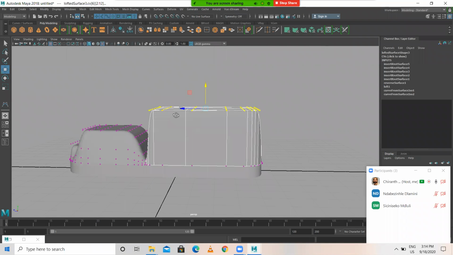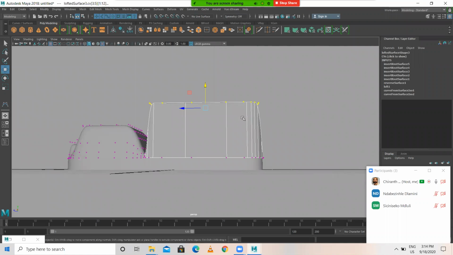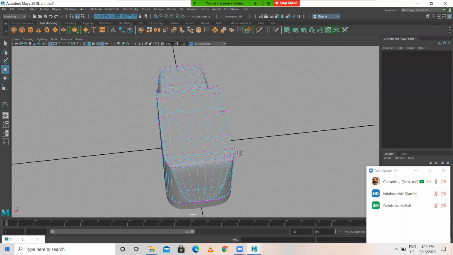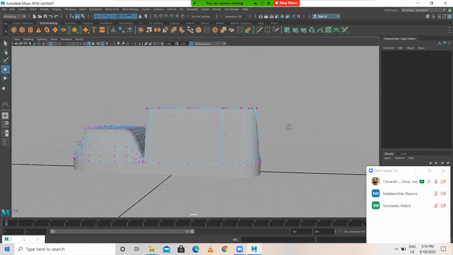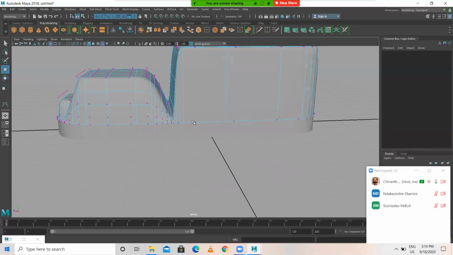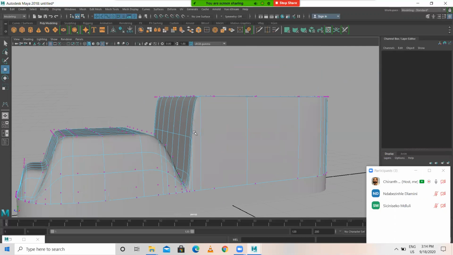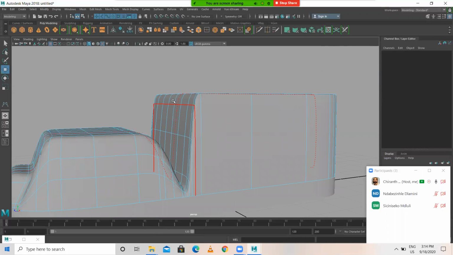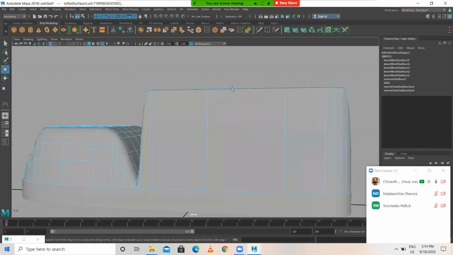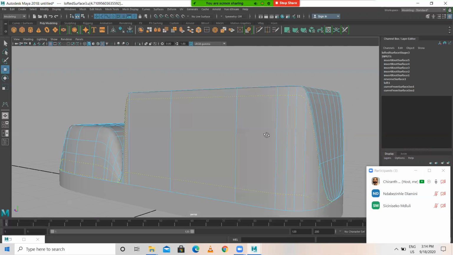Okay. So just select all this like this. Then after this, here isopalm, just place it over here one, here one, here one, here one.